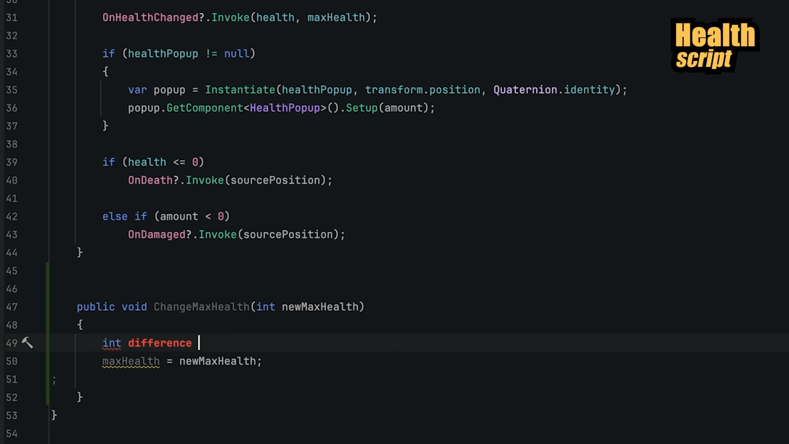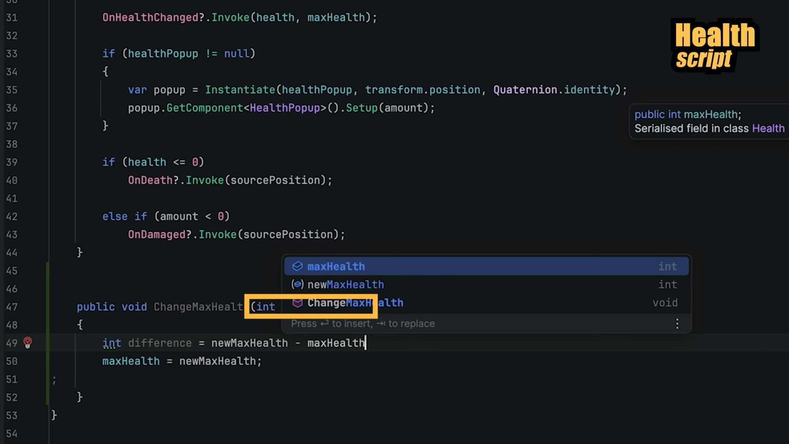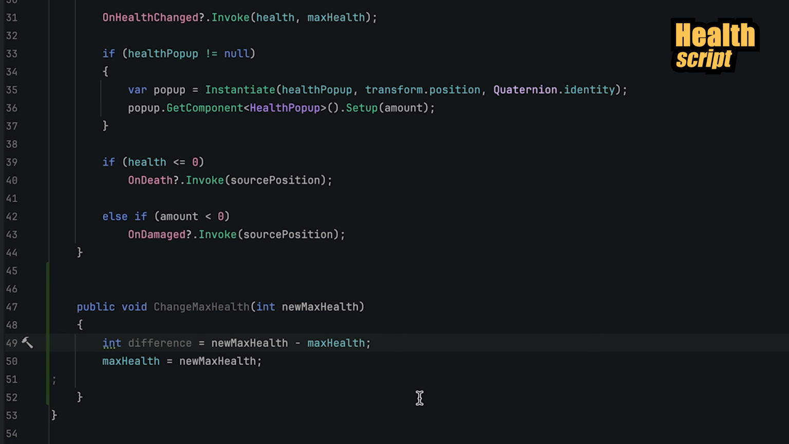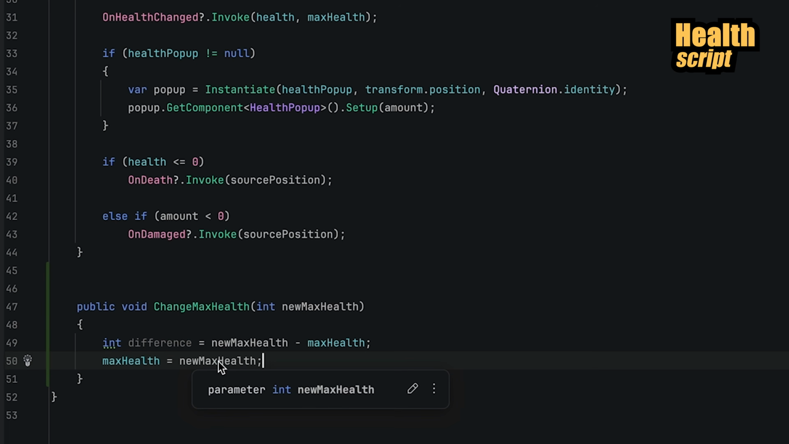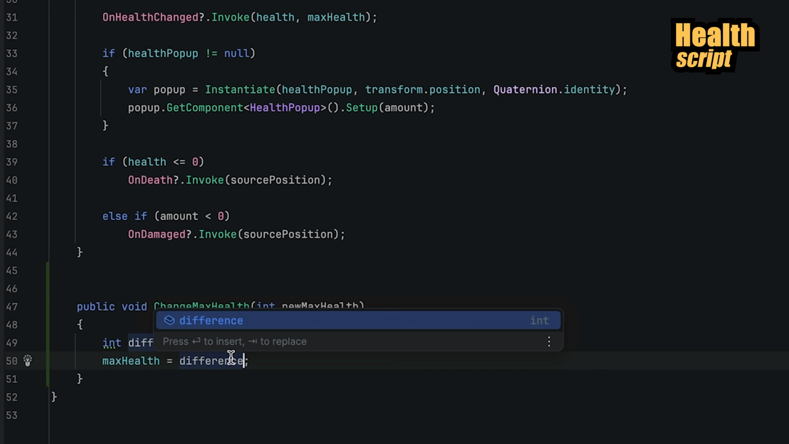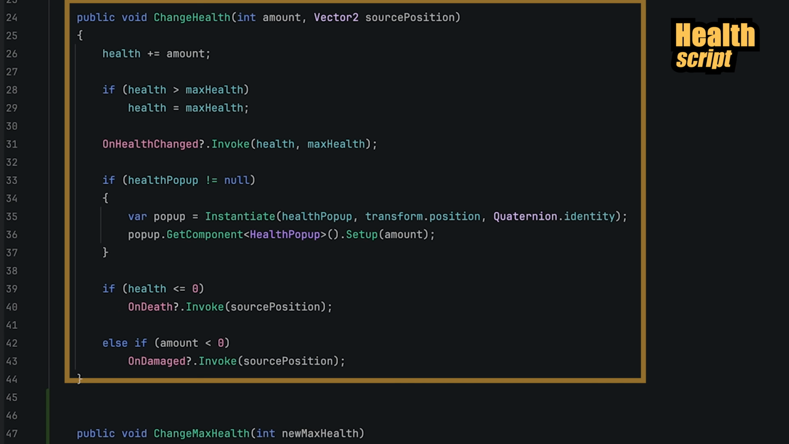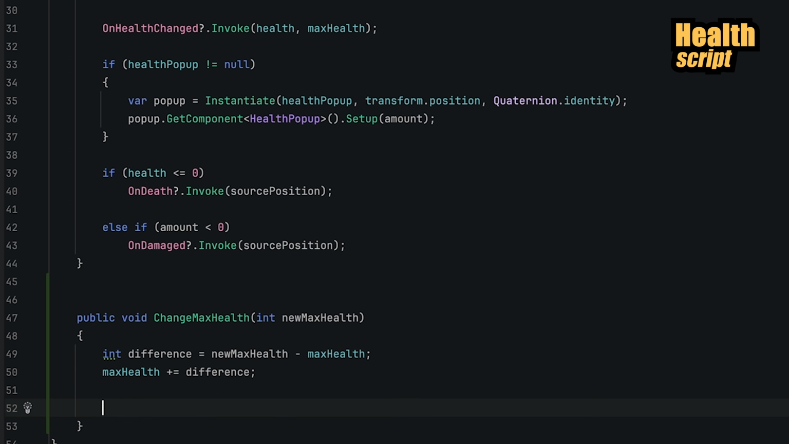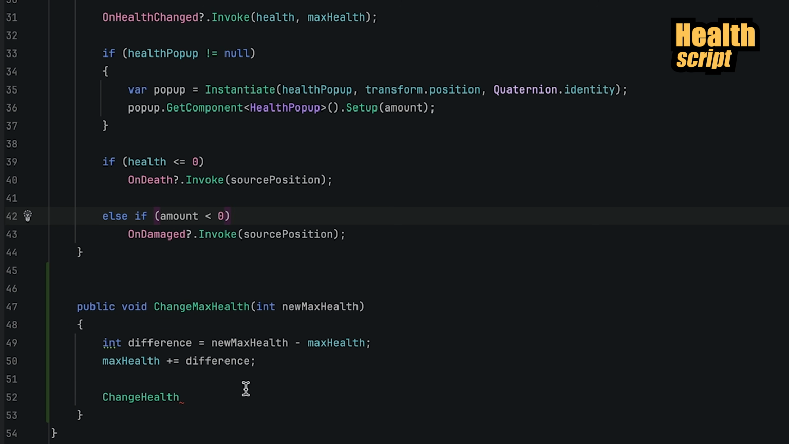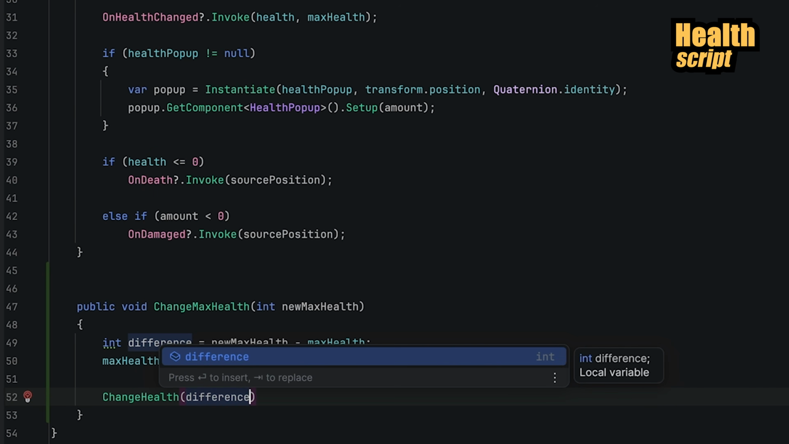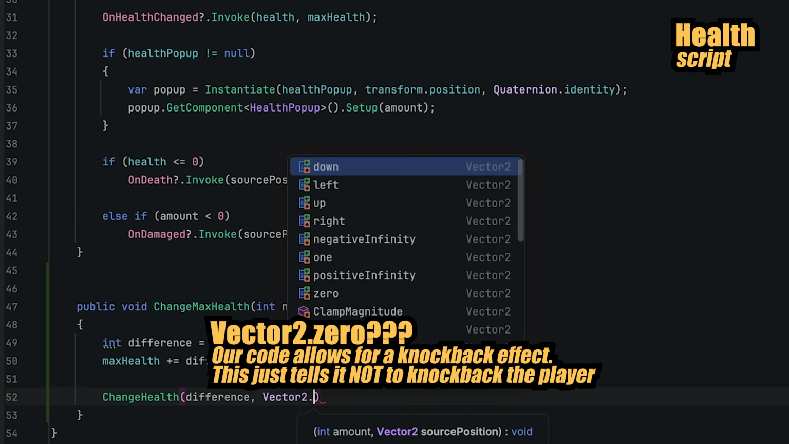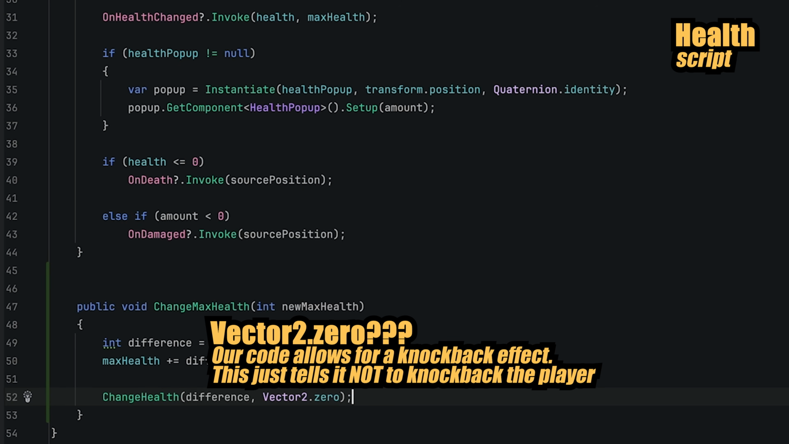To do this, we need to actually calculate the difference, so we'll make an integer for that, between our new max health and the max health before the change came along. Now that we know the difference between our old max health and the new one, I'm going to go to max health and add the difference. This will accomplish the exact same thing as directly setting it to max health. However, I'm also going to use the difference to change our health. So we'll call the change health method we already have, and pass along the difference so that if our max health has gone up by 5, now our regular health will also increase by 5. And for my code, I need to pass along a vector 2 zero